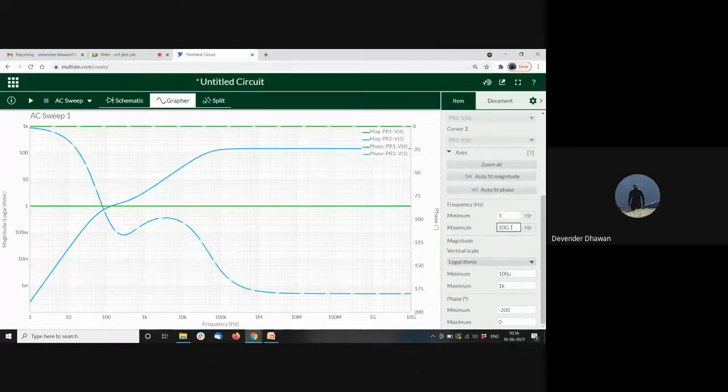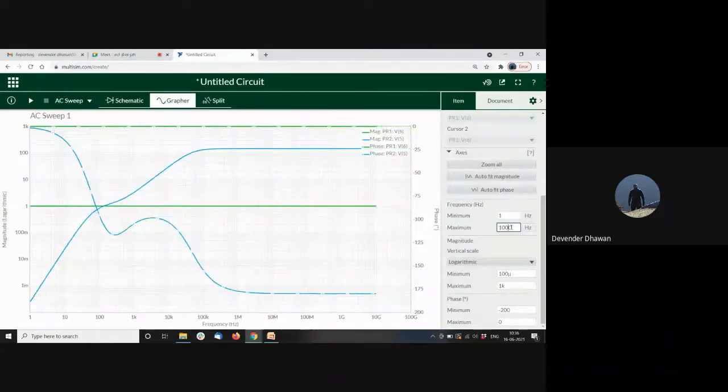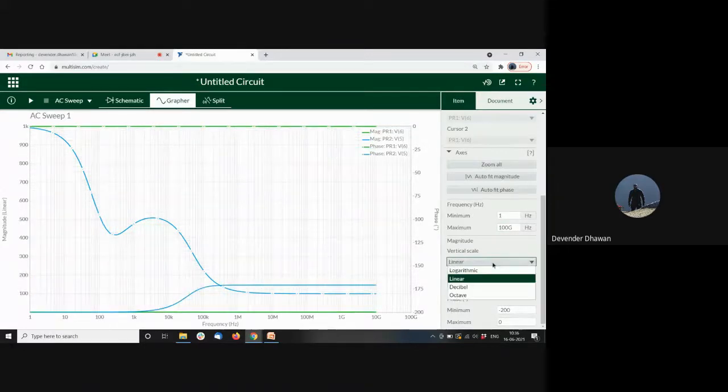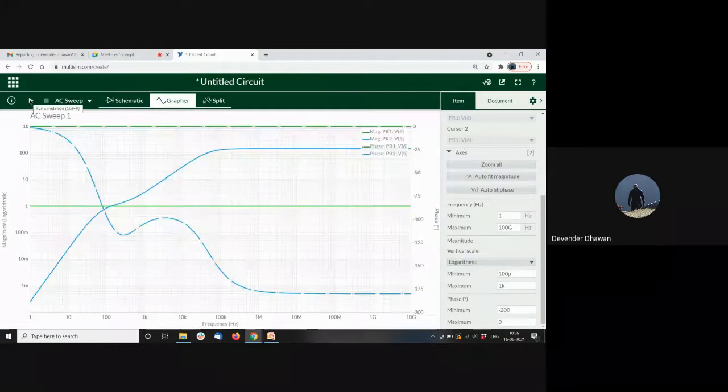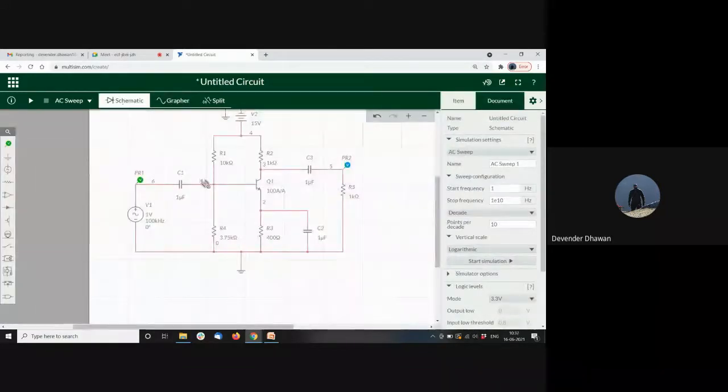Okay, maybe there's a limitation on that also, I guess. I do need to check this one, if the limit is only 10G or what, because it is showing 10G only. Okay, so anyway, we cannot test beyond that. So that might be a limitation to this, that I will check and we get back.